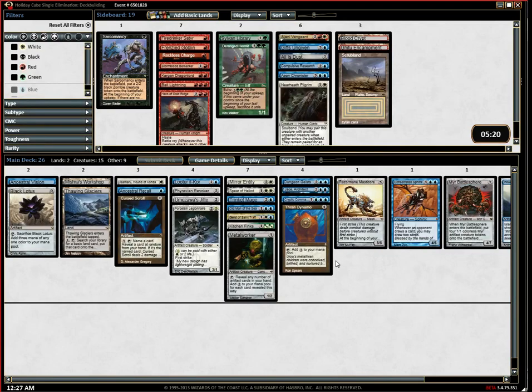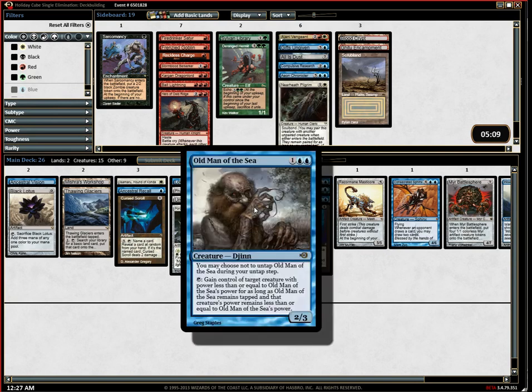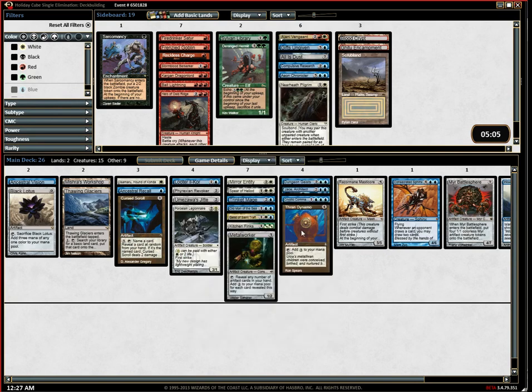Right. So yeah, I'm imagining some magical turn where we attack with our 7-11 trampling Islandwalker and somehow need more to win. So, Old Man of the Sea. Good question. First things first, we do have Spear and Mirror Entity to pump. But...